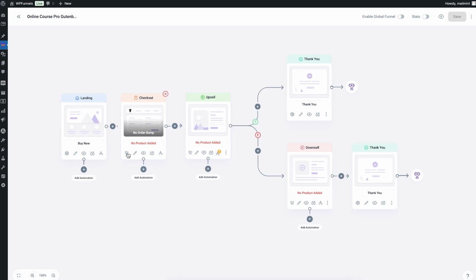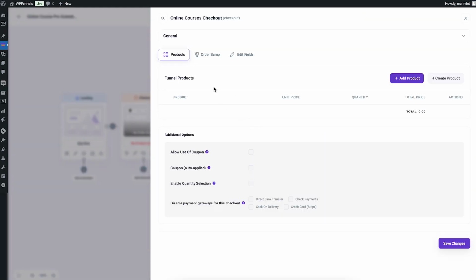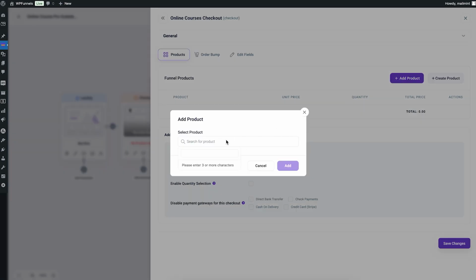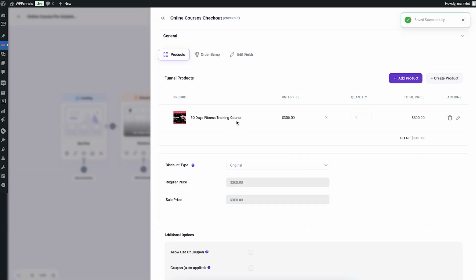Now for checkout, let's just click on this icon. This is basically going to open up a settings window on the right side. And here you can see you have the option to add product. You click on that and then search for a product and add it. So let's say I'm just gonna add this one and click on add, and there you go, this product is